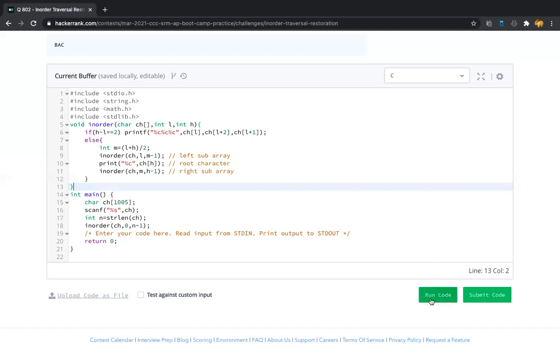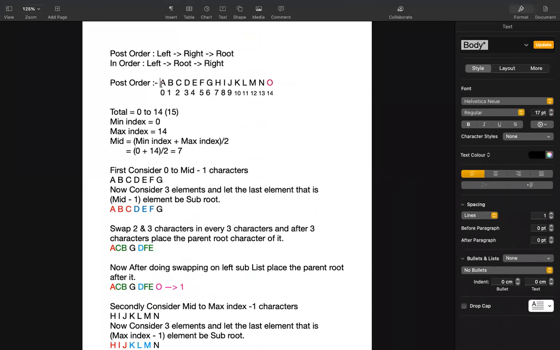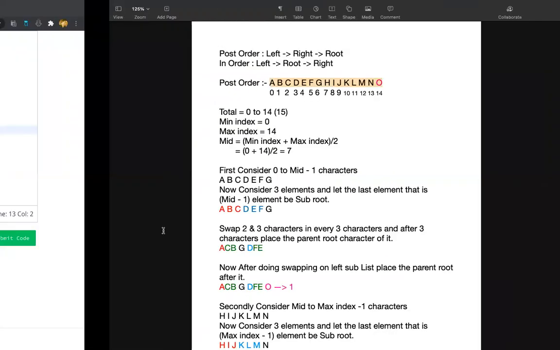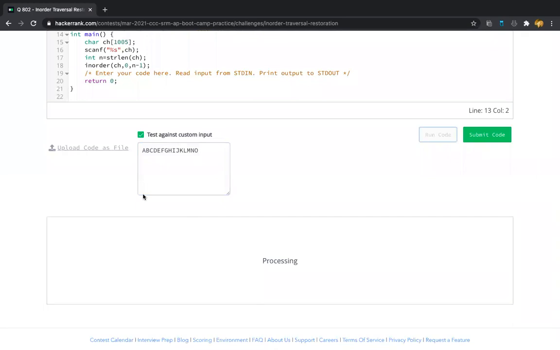Let us check with the custom input first. We'll provide the input as in the example we took before. It's A, B, C, D, E, F, G, H, J, K, L, M, N, O. Now let us see the output.